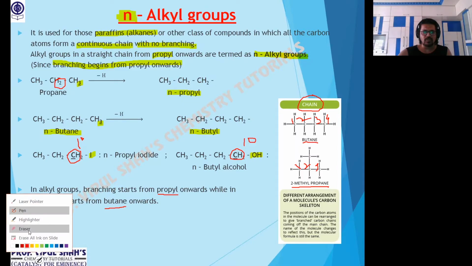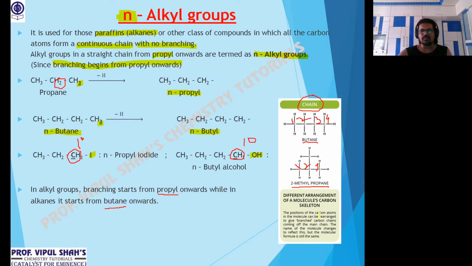The definitions I have given over here, so you have an idea. The position of the carbon atoms in molecules can be rearranged to give branched compounds. So those compounds, which can be written in a straight chain or a branched manner, we call them chain isomers. Okay, N-alkyl clear? Normal alkyl groups in a continuous chain with respect to alkyl from propyl, with respect to alkanes from butane. Okay. And last, for all N-alkyl groups, the nature of carbon is always 1 degree, meaning always in the end only, the carbon attached to the functional group will be attached to only one other carbon.